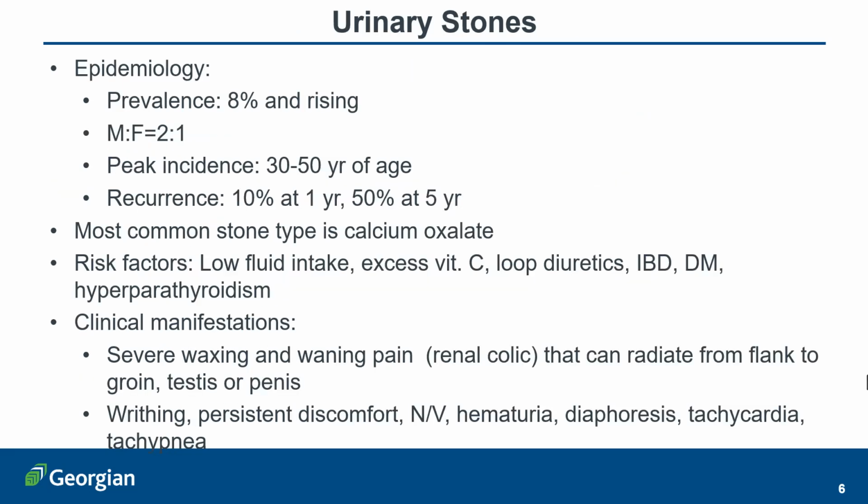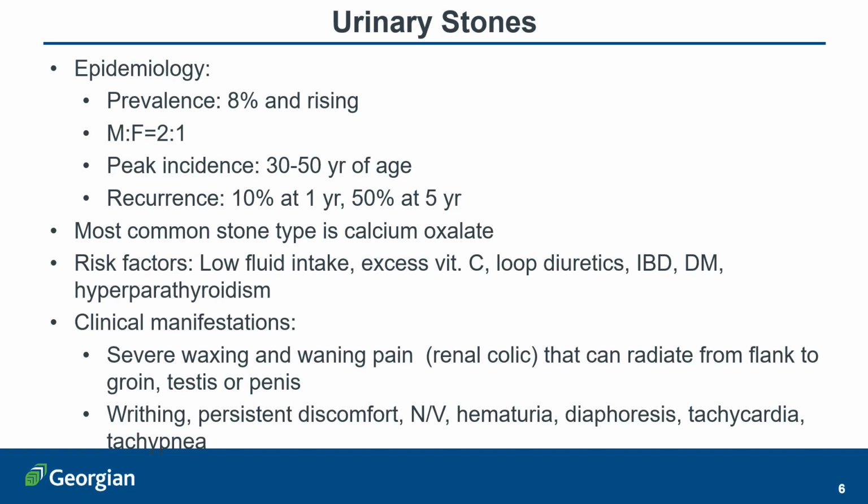cystitis. Let's switch gears and discuss urolithiasis, or stones in the urinary tract. In terms of the epidemiology, the prevalence is interestingly rising. 8% of the population either has or previously had an episode of urolithiasis. Firstly, the difference: urolithiasis is a stone anywhere in the urinary tract, anywhere in the tubular lumens or in the bladder. And then we use the term nephrolithiasis if it's actually a kidney stone, a stone located within the